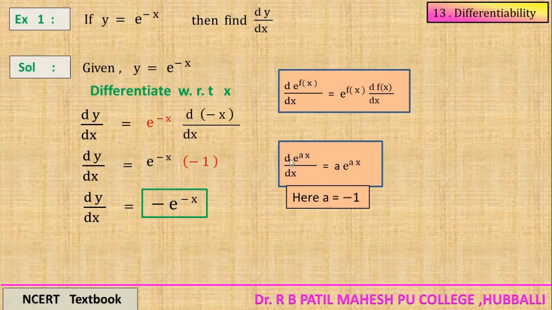Even you can write the direct answer in the last step following this. I gave this formula in the last video: d by dx of e raised to ax is nothing but a, the x coefficient, into the same function. What is the x coefficient in this example? Minus 1, and that is a number. So minus 1 means it is minus and the same function. So you can follow it directly also: a into e raised to f of x.